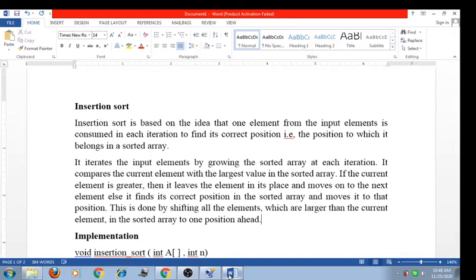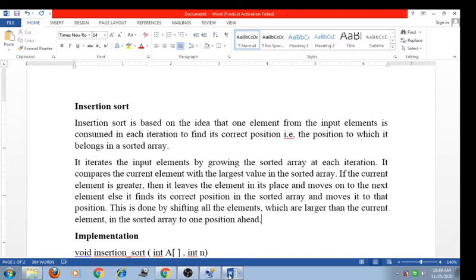And in the previous lecture we also saw the bubble sort. What is the bubble sort technique? What is the logic of the bubble sort technique? The bubble sort is a commonly used sorting algorithm. In this type, two successive elements are compared and swapping is done if the first element is greater than the second one. This is the simple bubble sort algorithm.